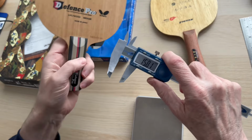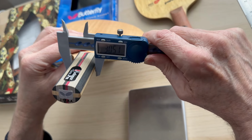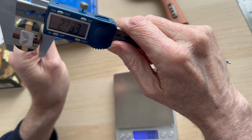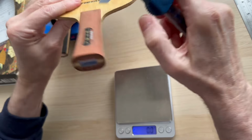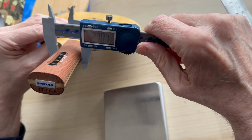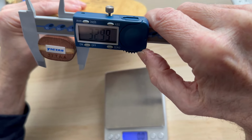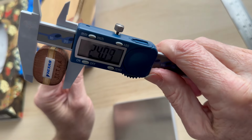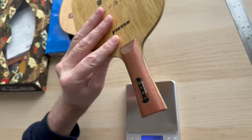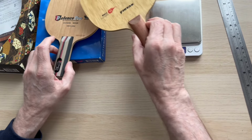Let's do it right. So you've got 30 that way by 23.63. I know I'm going backwards and forwards here. And then on this one, we've got 27 dead on the narrow part, moving up to 33.10, and then a thickness of about 24, give or take. So that's the first two then. As I say, that doesn't come with its box. We don't have the box for that one. And then finally,